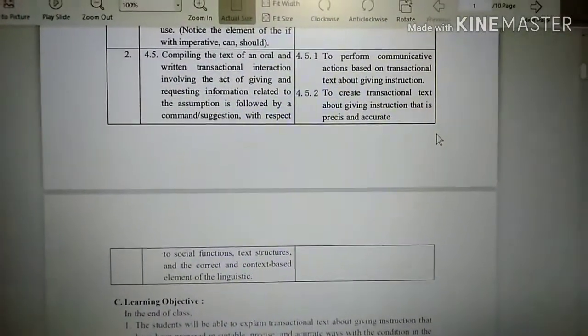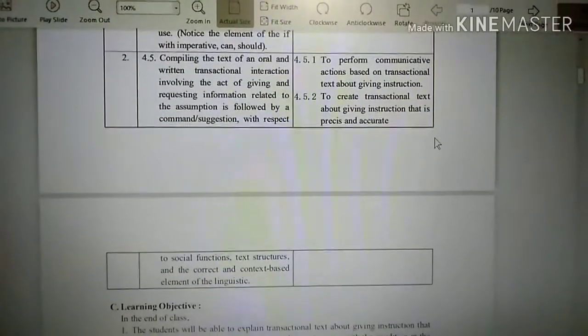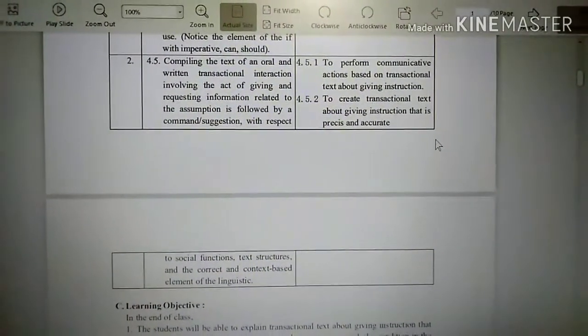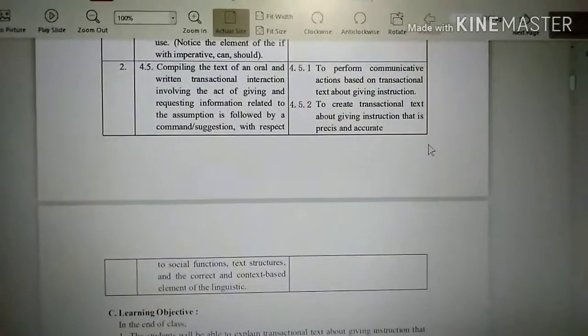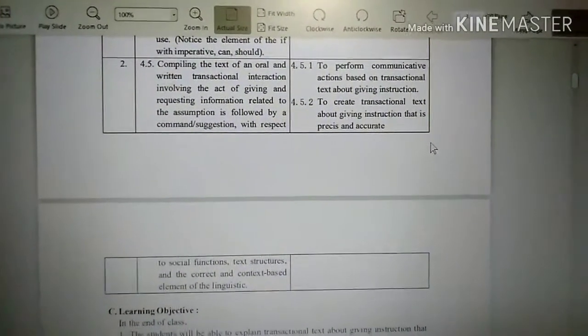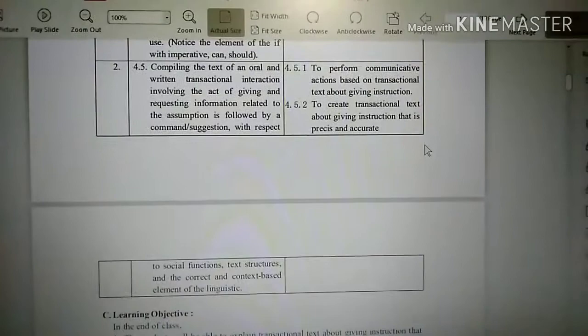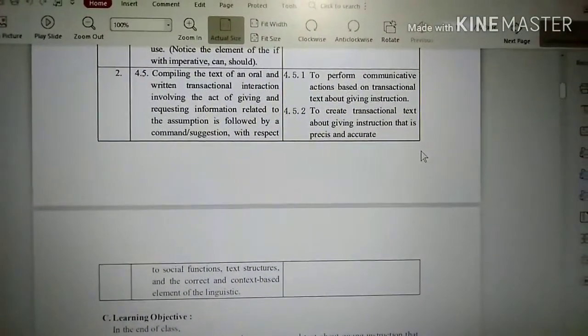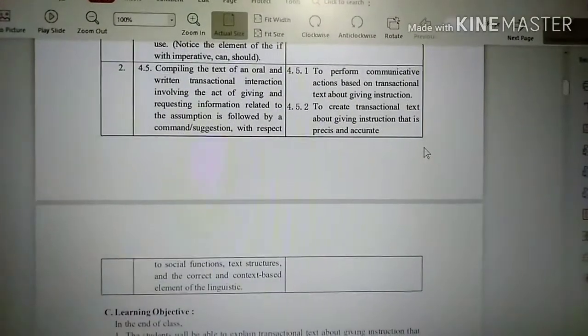The indicator is 4.5.1, to perform communicative actions based on transactional text about giving instructions. The next, 4.5.2, to create transactional text about giving instruction that is precise and accurate.